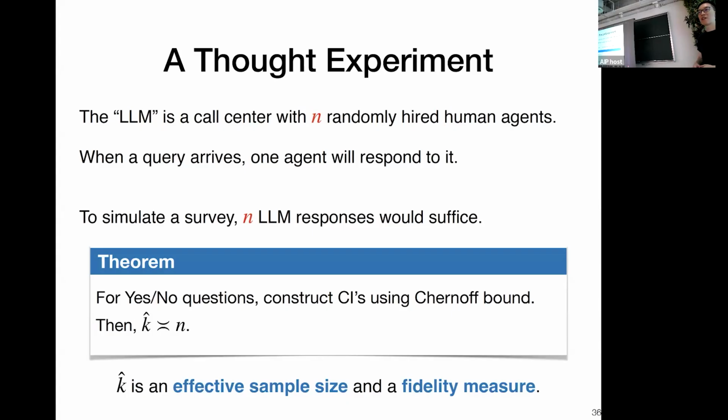The higher, the better. And of course, if you have a perfect language model that's perfectly aligned with the real population, then intuitively your effective sample size will be infinity. Because if you really have a perfect simulation model, you should just simulate infinitely many times and get the population parameters. But in reality, there's always a sim-to-real gap between your simulator and the real world. So your effective sample size will not be that large. It will be a finite number, and you just simulate up to the right amount.